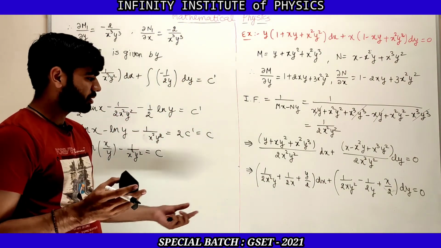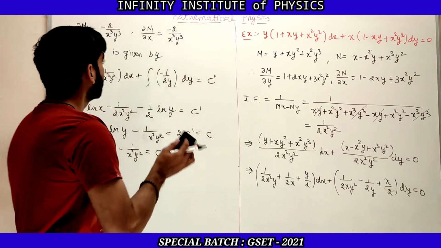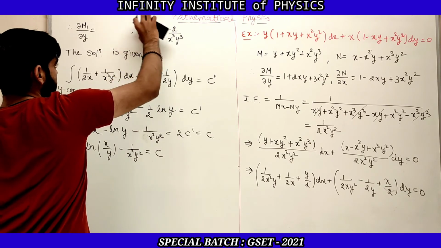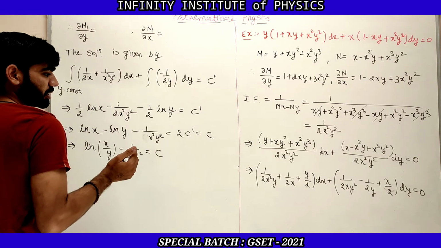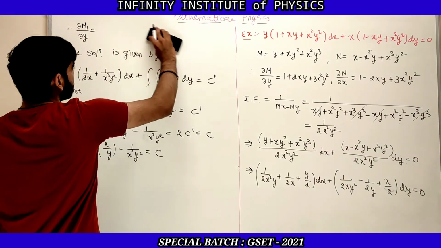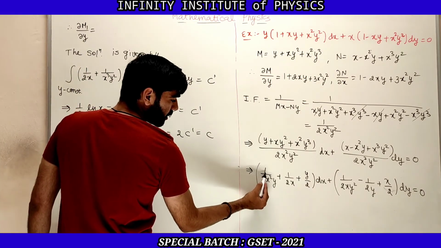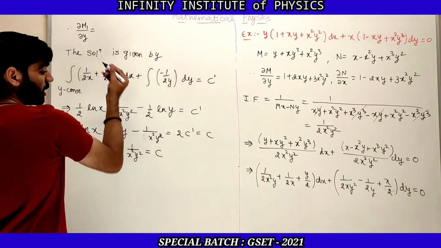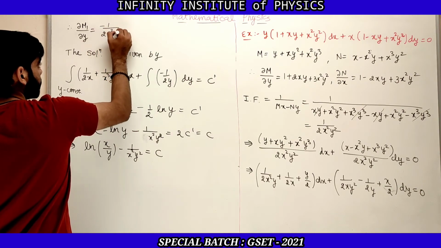So now this is converted into that M dx plus N dy is equal to 0, and we need to check it for exactness, whether it is an exact differential equation or not. So let us find out del M1 by del y, then differentiation of 1 by 2x square y, differentiation of 1 by y, that is minus 1 by y square, so it is minus 1 by 2x square y square.